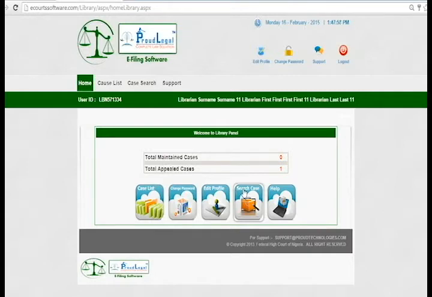The first is maintained cases and the second is appeal cases. So what is maintained cases? In maintained cases, for example, if I have a case which is laid down in some archive room, with some room number or some physical location, and I want to change the address or physical position of the case, then I can change the archive room, the room number or the physical location of the case, and then we can send it to the new place. Alright, so that is how to maintain the cases.